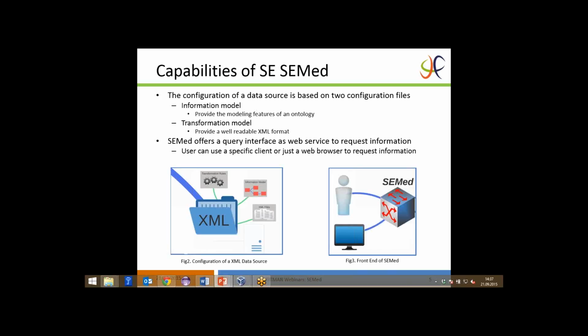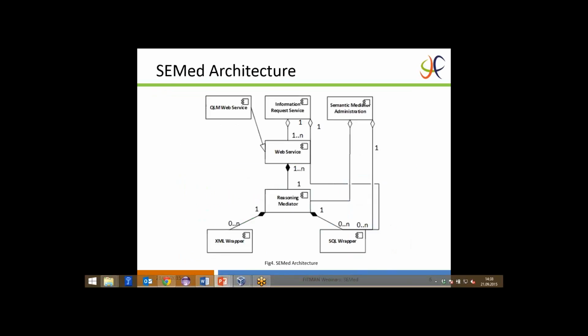These are the main capabilities of SEMed. It's a mediator approach with the capability of adding new data sources just by adding a new configuration, and not implementing interfaces or web services and so on. Just a configuration activity. To support these capabilities,